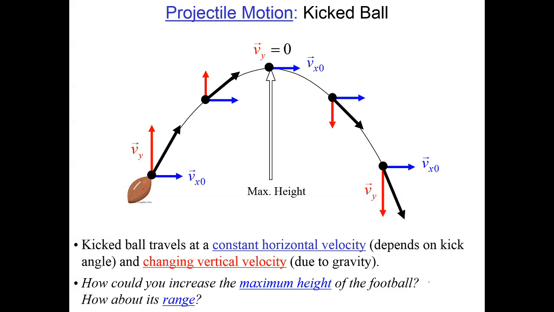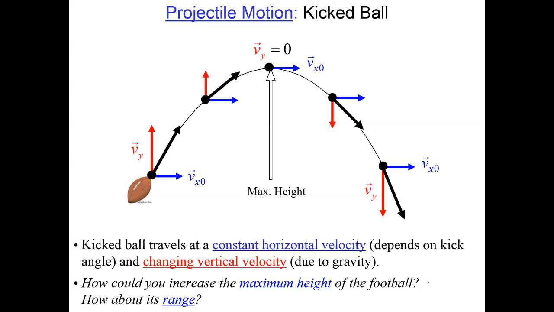We've looked at the situation where an object is launched horizontally off of a cliff, and we solved it by treating the y direction to be just like a dropped ball. We find the time of flight by using the acceleration and the displacement, and then multiply the time of flight by the x component of the velocity, which was the launch speed. So now we want to look at the situation where we launch the ball up at